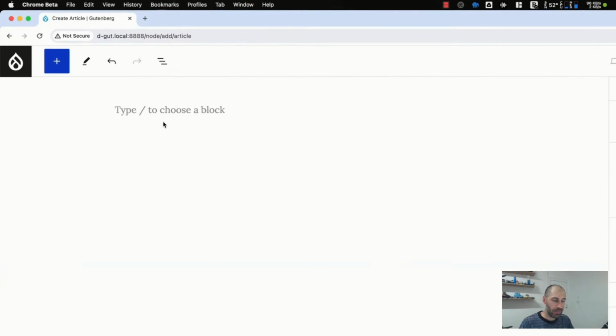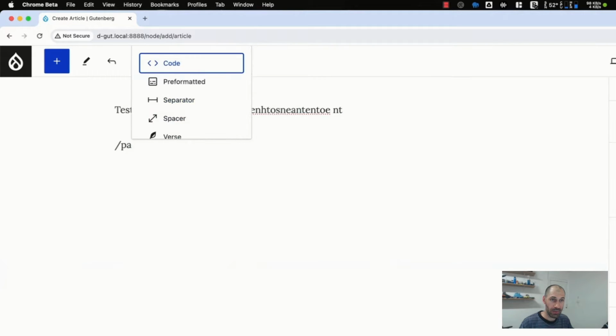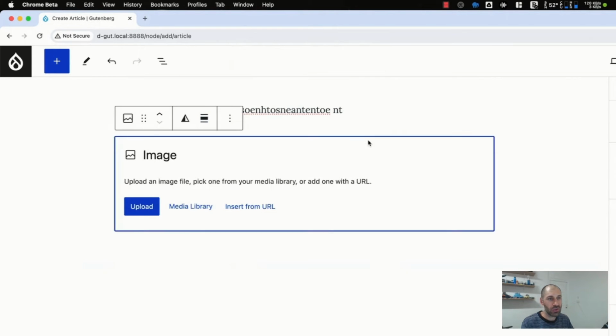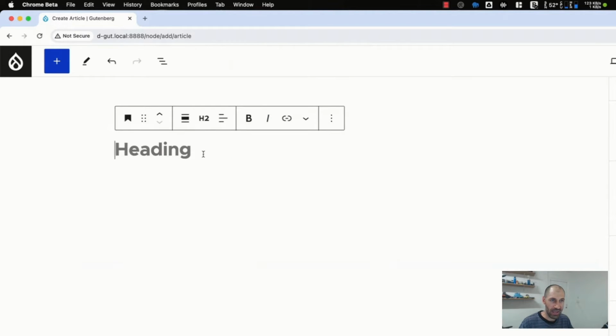If you want to start typing, you can just go in here and start typing. So, test paragraph. And this will automatically create a paragraph for you. If you want to add in another block type, you can type in / and then you can type in either image, and that will allow you to embed images. You can also type in /heading as well if you want to add in a heading, and then you can adjust the heading size if